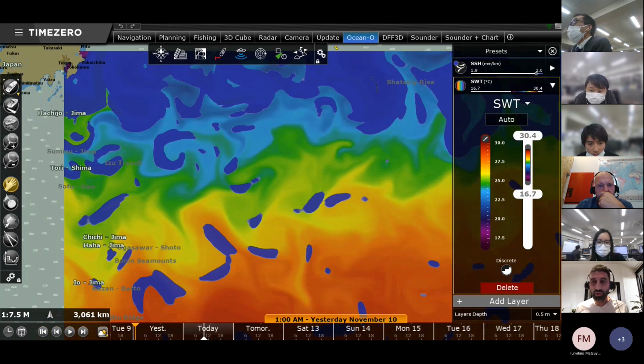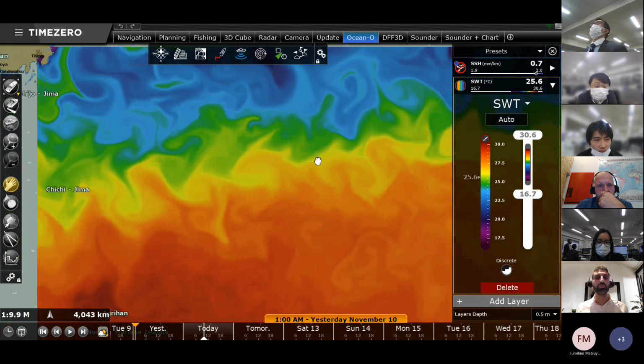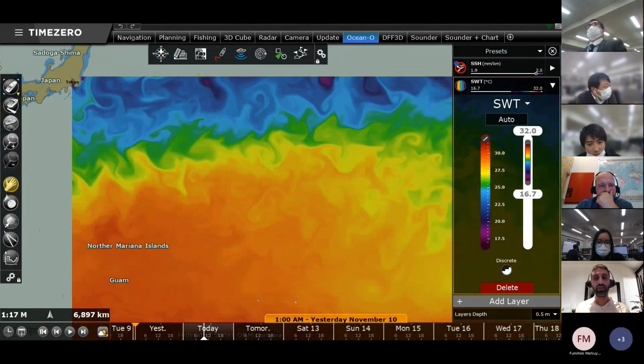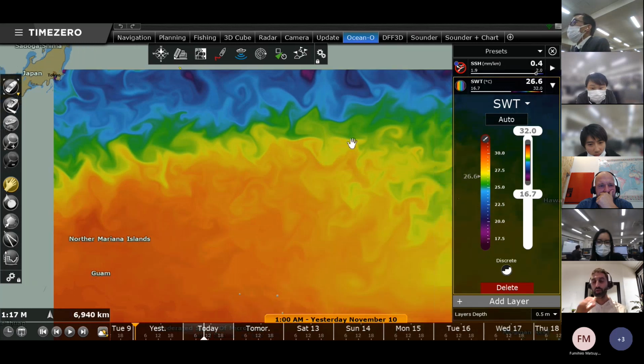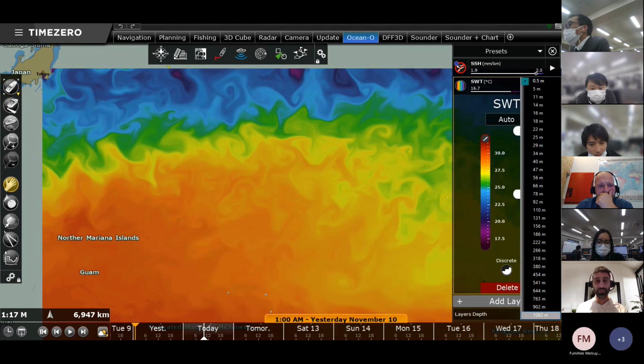So allow me to take off the first file, so as not to make it complicated. So now only focus on the temperature of the water. So I have, again, a depth shading with temperature of the water going from 16 degrees to 32 degrees. This is the automatic scale. But what you would like to do with the water temperature is, first of all, you select what depth you would like to display the data. Here I'm displaying the temperature at 0.5 meter, but let's say I'm fishing at 300 meter.